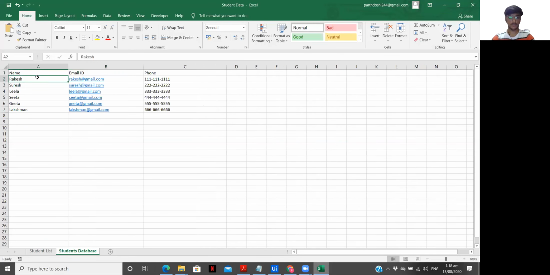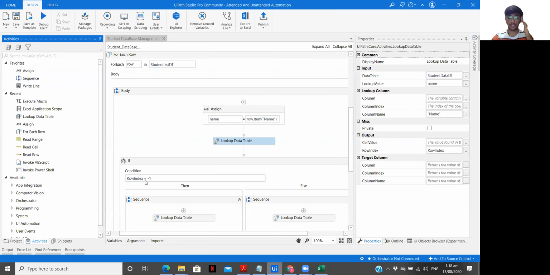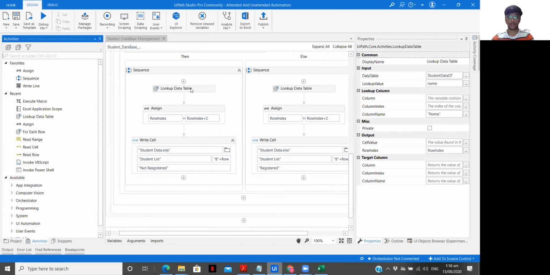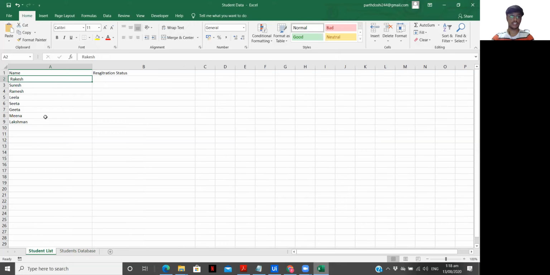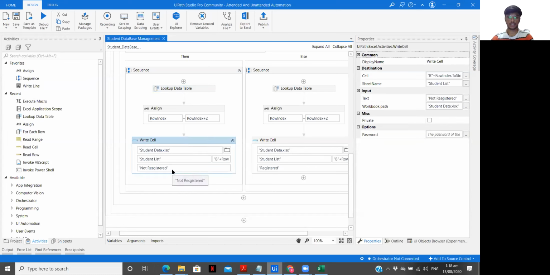Now if it is found, the value is going to be greater than -1. If it equals -1, then the value is not found. Then we are going to look up the same value in this database, Rakesh, since we need to update over here, and what we are going to type is not registered.